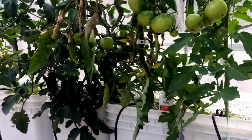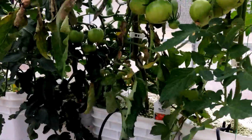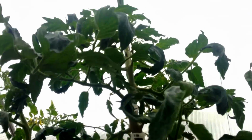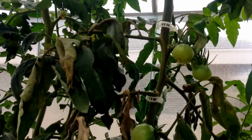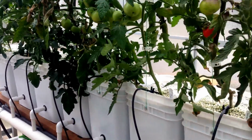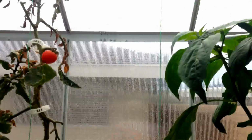The tomatoes were amazing because everything started off this size right here, and this is about a month of growth right here, and it's just huge, and you can see how thick the stalks are as they go up. So I know it's kind of a lot to take in here, so I'm just kind of going with what I've done. I've run this line from the bucket, just a screw right here, all the way up, tied it off to the ceiling, and